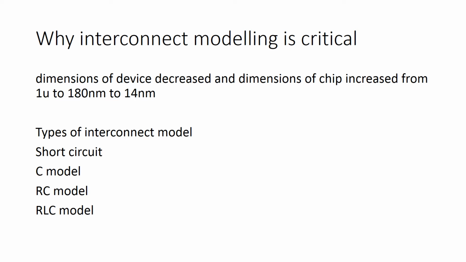Then later on, because interconnects were so long, IR drop is also found, so the signal gets deteriorated. As a result it was modeled using the RC model. Later on, the length of the interconnects increased too much. As a result, an L di/dt effect is also found, so overshoots and undershoots occur in the signal along the wire. That is why later on the wire is modeled as an RLC model.